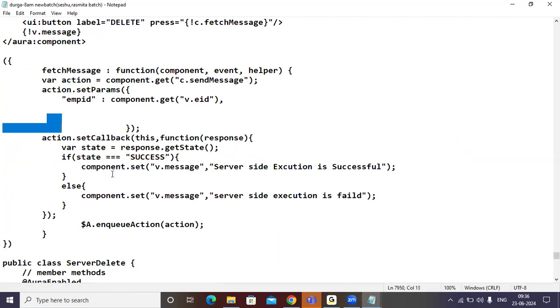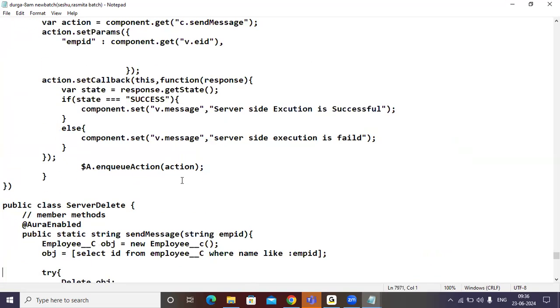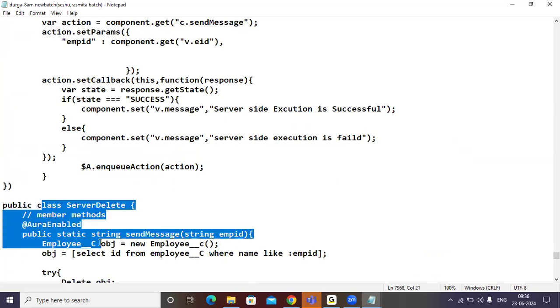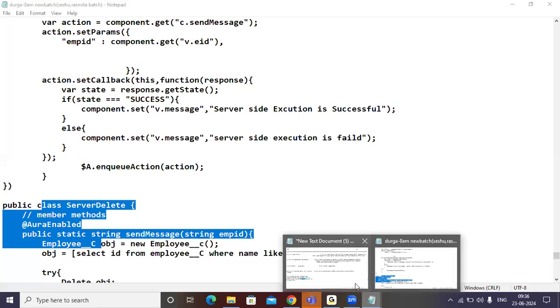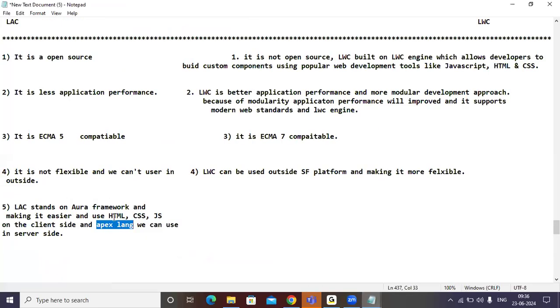This is JavaScript code, function name. And this is a public class program, Apex class program. So in total, how many programs do we have to write here? 4 programs. HTML, CSS, JavaScript is for client side, and Apex language is for server side. Am I clear, all of you?